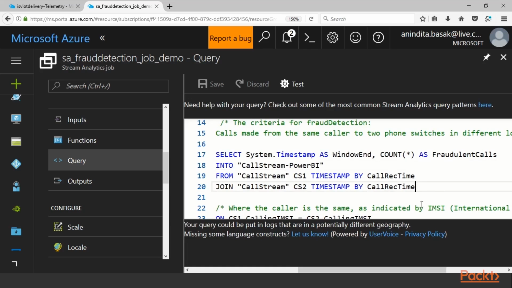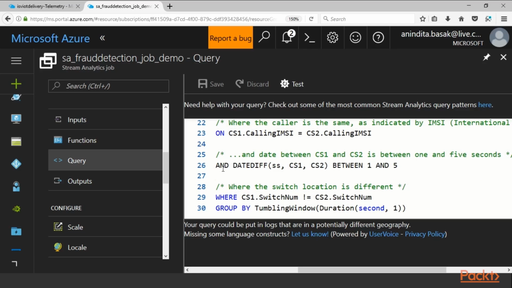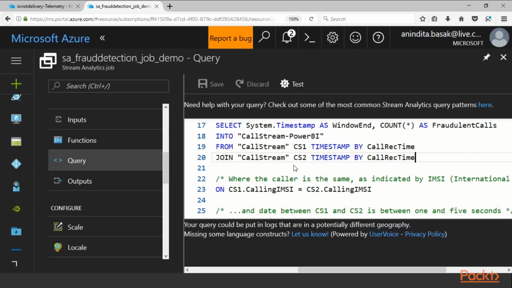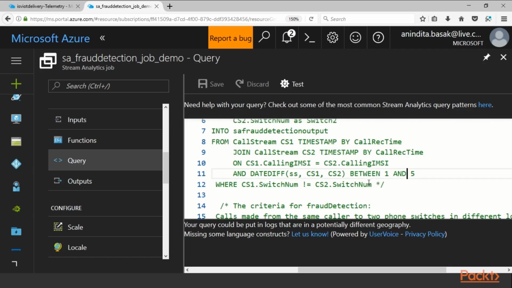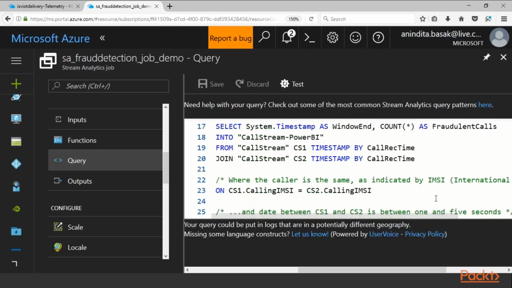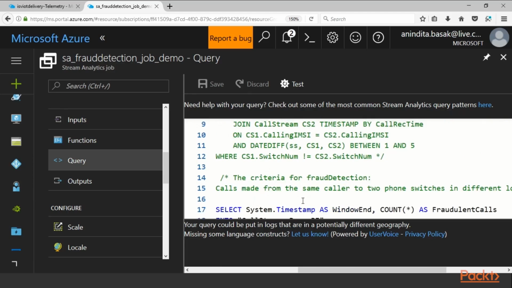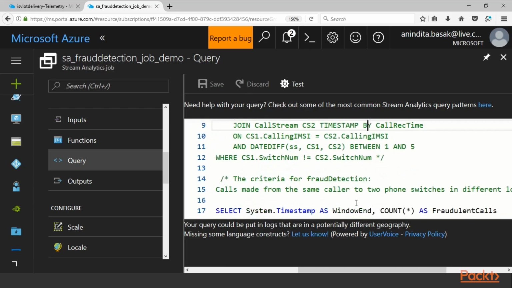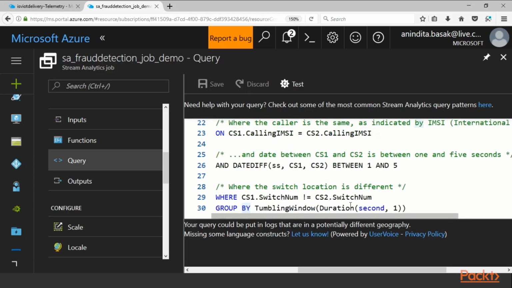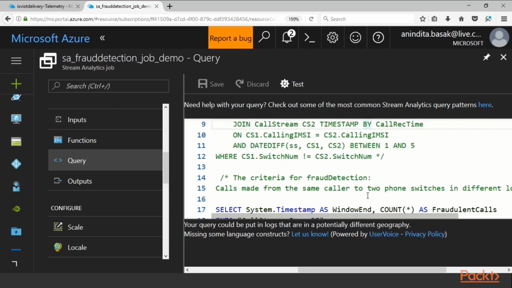And in a few of the other demos I have also used joining clauses. So in this particular query I have used the joining clauses as well, joining the call stream data, and I have also used the TIMESTAMP BY keyword. If I take a quick look at how this data has been joined so far, they have typically been joined with the help of timestamp clauses. For each and every purpose I have used SELECT System.Timestamp, the particular timestamp clause, and not just the GROUP BY clauses, but even for the timestamp itself, these queries have been